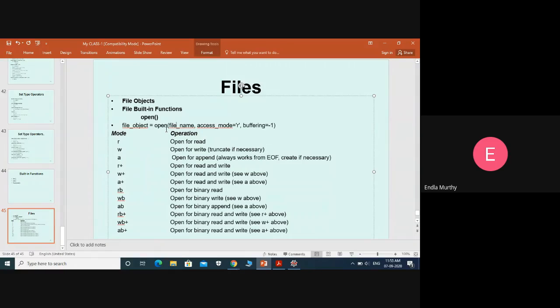Next, RB. What does RB mean? Here RB means read in binary mode, opening a file in binary mode. For the general user, I have some data in the file and I am reading some data from the file in binary mode. As output, you may get simple text only, but it reads in binary mode. Here we have a prefix of B.